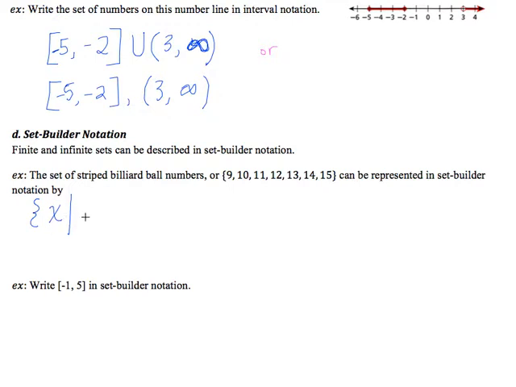And then after that, you put the description of your set in terms of x. So because I'm using x, I'm going to say the set of all x such that x equals either 9, 10, 11, I'll just list them out, 12, 13, 14, 15, although I could have put a ... in there somewhere. Okay, that would be a good way to describe this in set builder notation, and I can think of one other way to do it aside from just using a different variable, but you could also say the set of all x such that x is between 9 and 15,